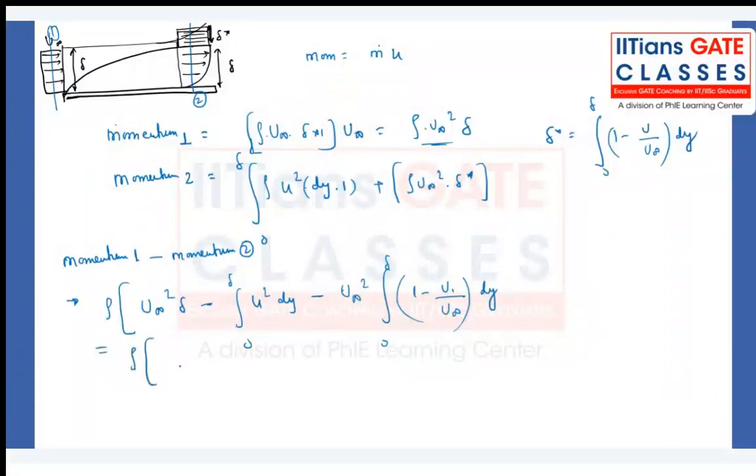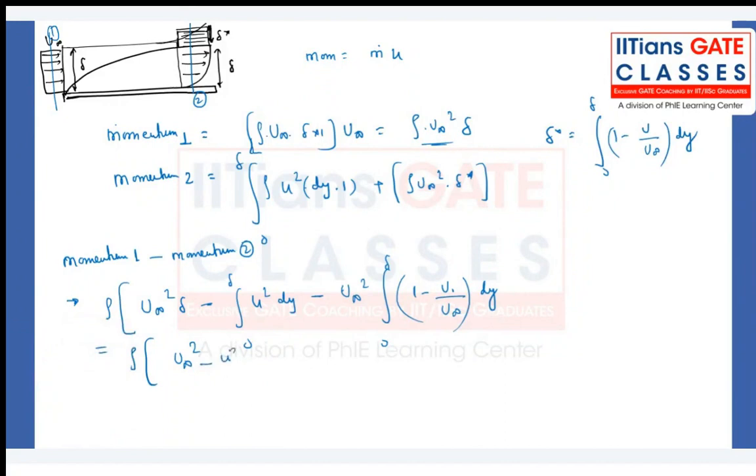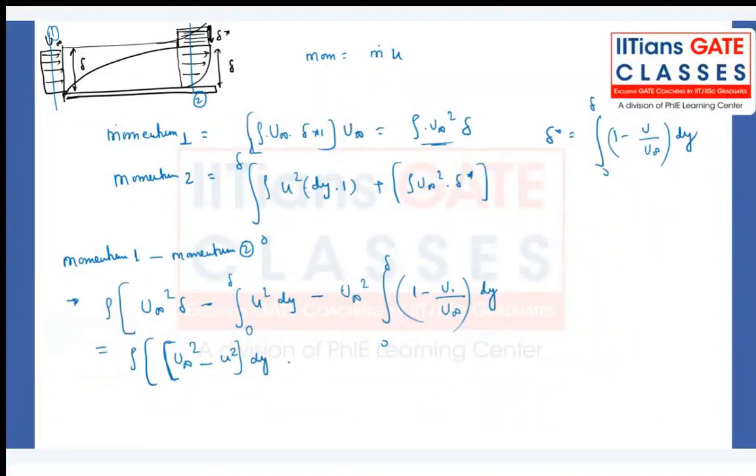Further, what we can write? U infinity square into delta minus. So what I can do, I can just club these two terms together: u infinity square minus u square into dy. Just wait. See, once you know the fundamental thing, the derivation seems to be very, very easy for you. Here I can write this term as u infinity square, 0 to delta, u infinity minus u by u infinity into dy. One term will cancel out, so I'll be getting u infinity into